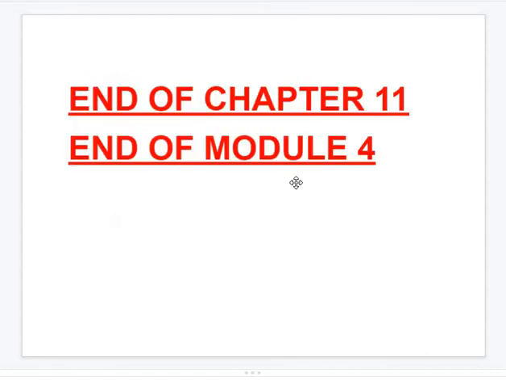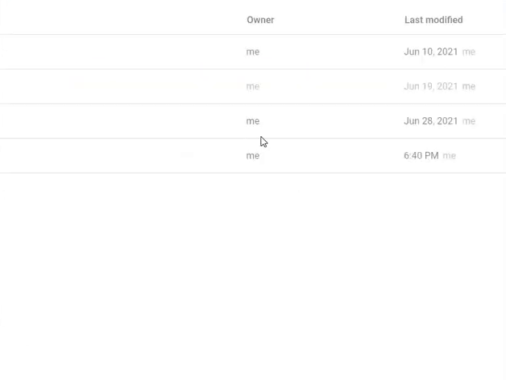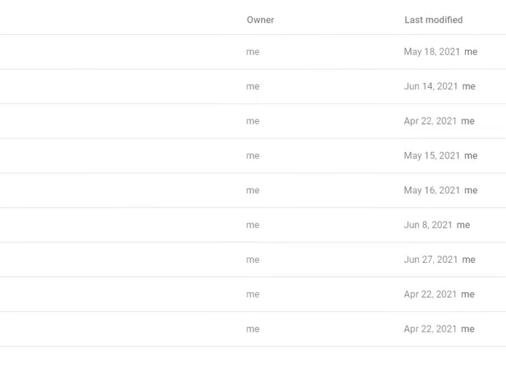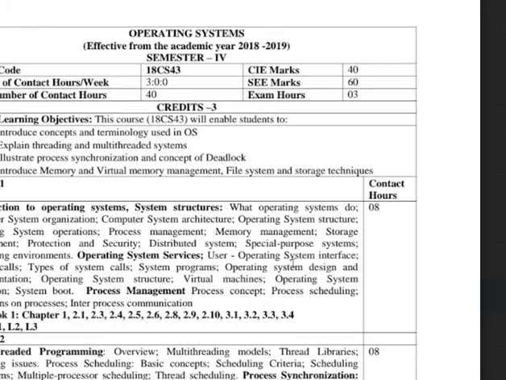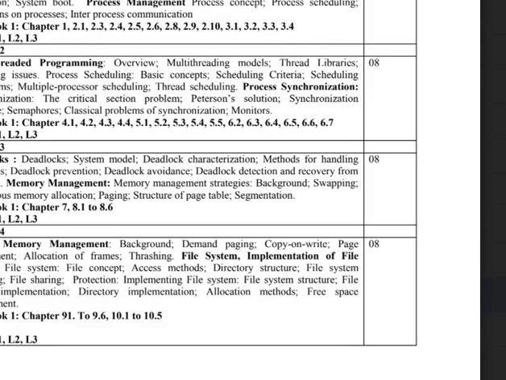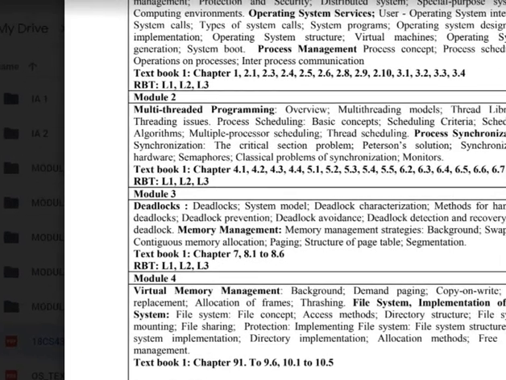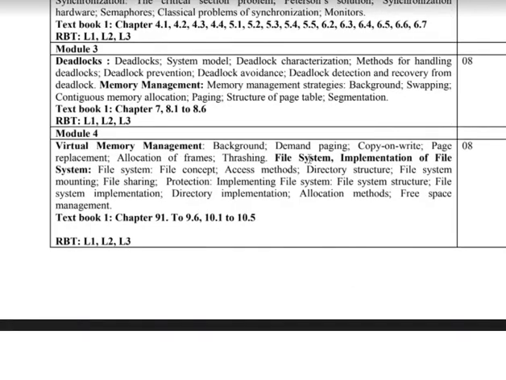chapter 11 and module 4. Here you can check where we have completed: file system implementation, file as a concept, access methods, directory structure. This much we studied in the previous session. Then implementing file system.